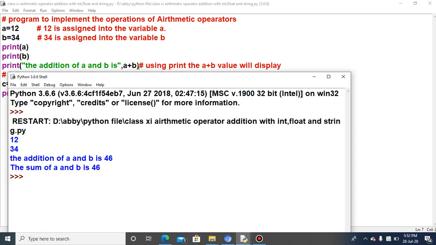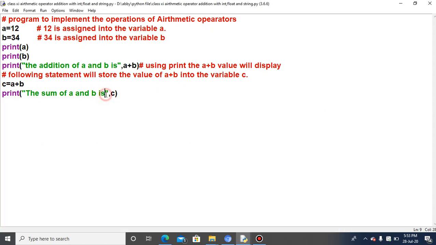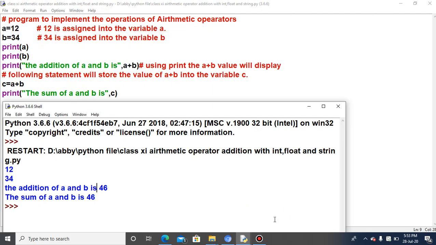Then why is the fourth line coming? Because I have stored the value of A plus B in the variable C, and I am printing the sum of A and B is. So you can see the output: the sum of A and B is, under the quotes, so it comes like that.